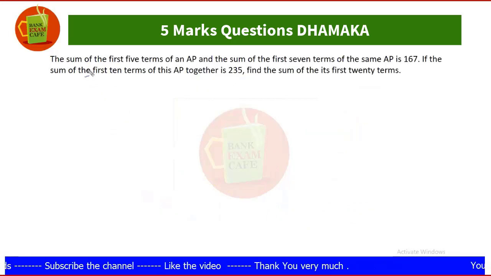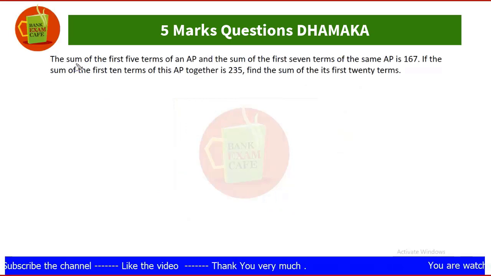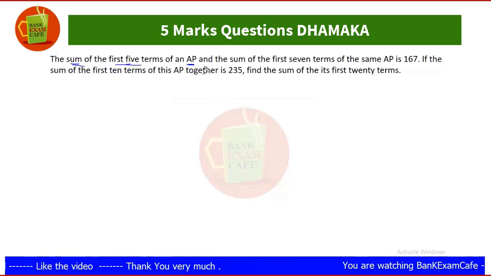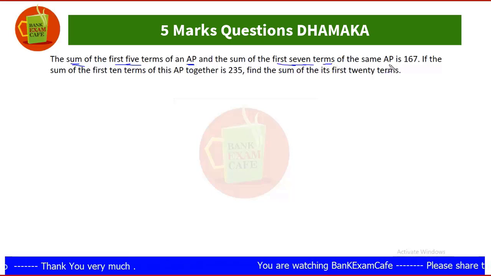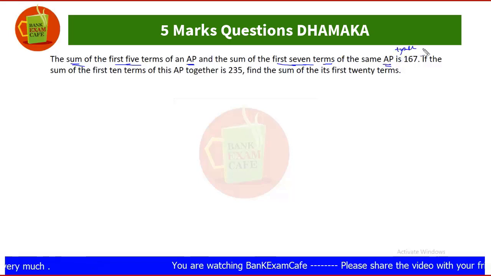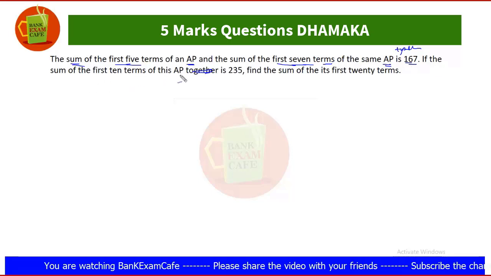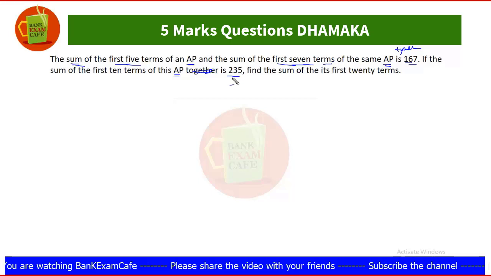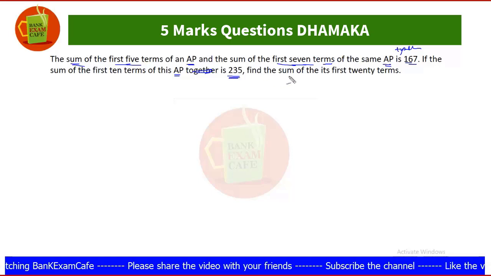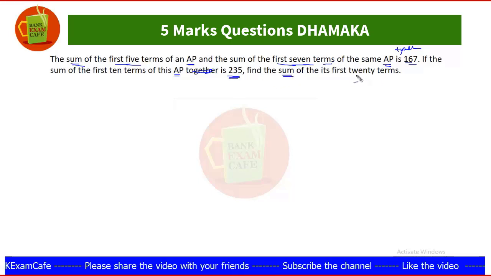Friends, here is another question. The sum of the first 5 terms of an AP and the sum of the first 7 terms of the same AP together is 167. If the sum of the first 10 terms of this AP is 235, then find the sum of the first